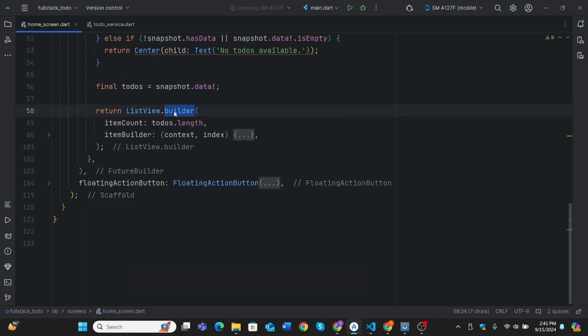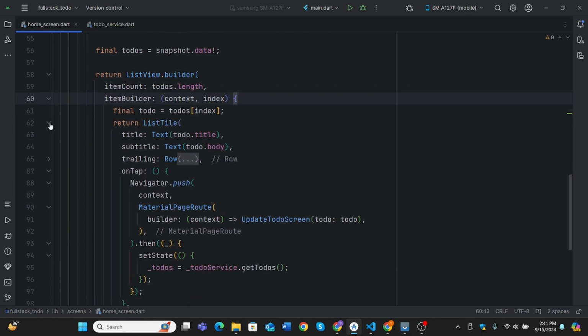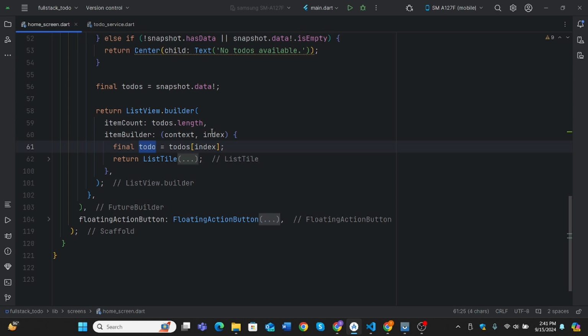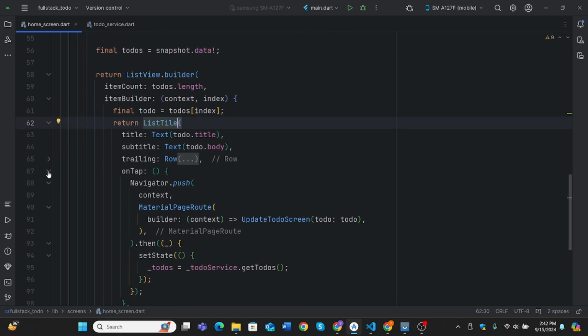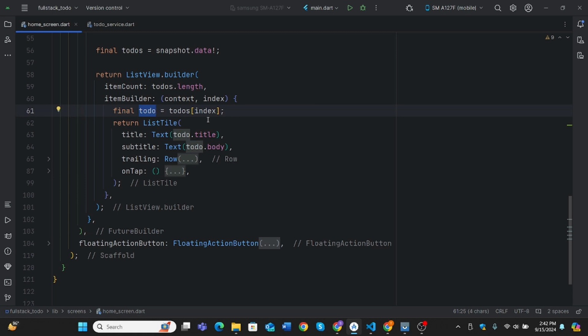view builder to show our data in a list view, and here I have added the length of to-dos to the item count, and then in its item builder I get a single to-do using index from our to-dos list, so it will get all to-dos one by one, and then I have used this list tile, and in list tile I have used this single to-do to show our data, like in its title it will show the to-do title, and in the subtitle to-do dot body is assigned, and then there are two other params like trailing, and in trailing I have